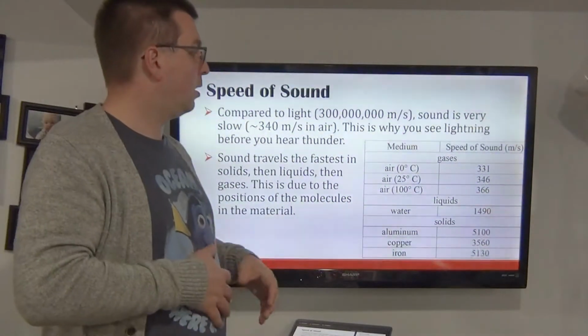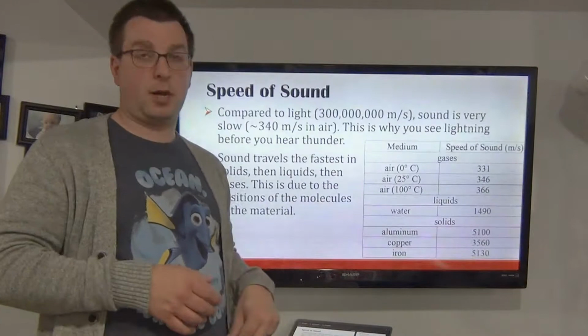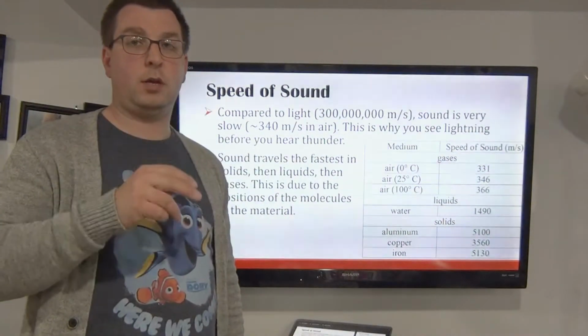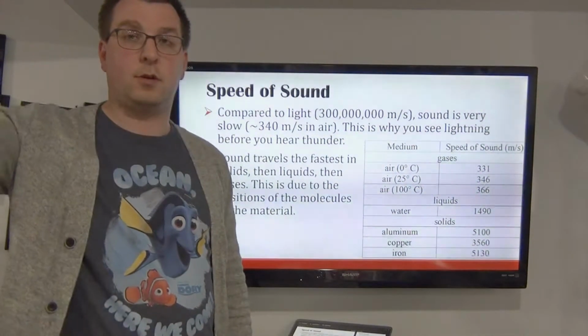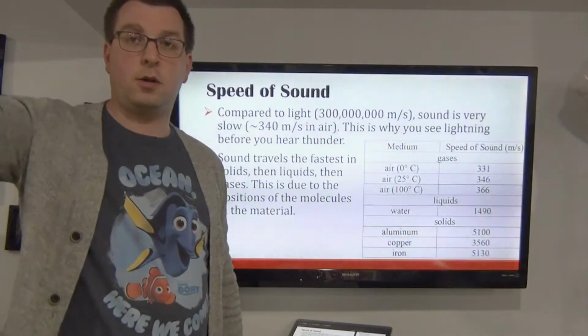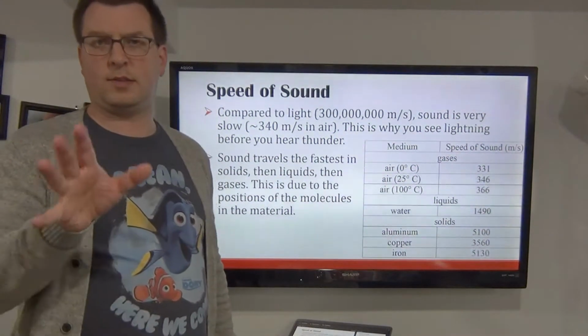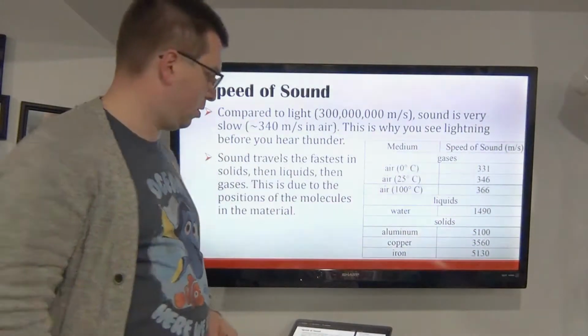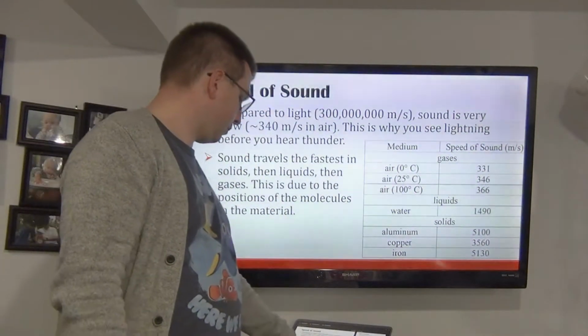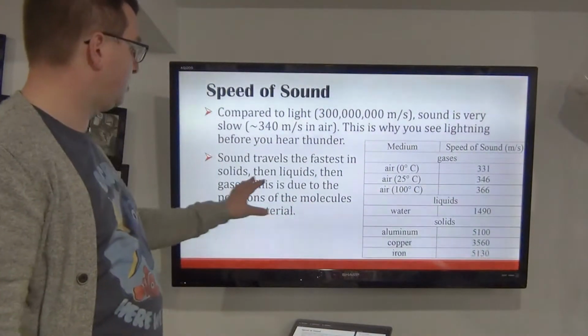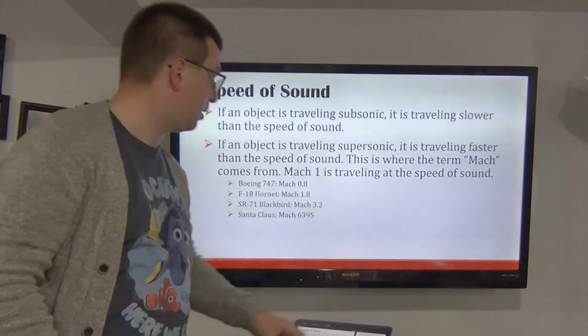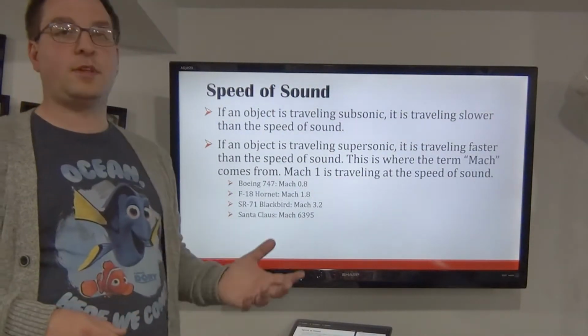easier. Which is why in summertime, sound can travel faster, or can travel farther in the summer than it can in the winter. That's not the same for light, but we'll talk about why that is. Now if we take this speed of sound thing and just run with it, we can talk about subsonic or